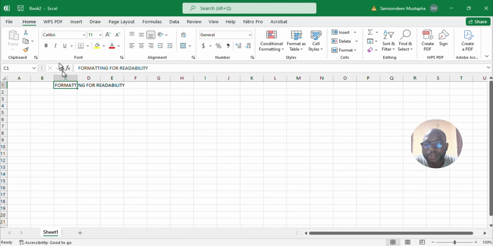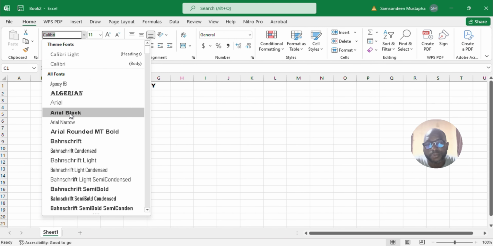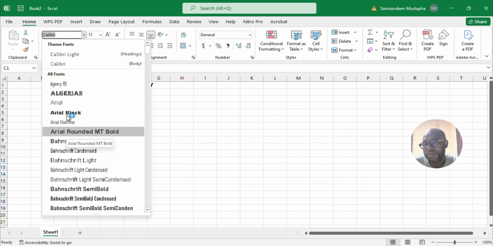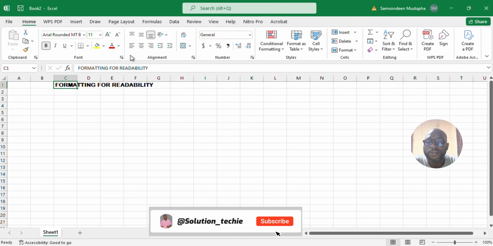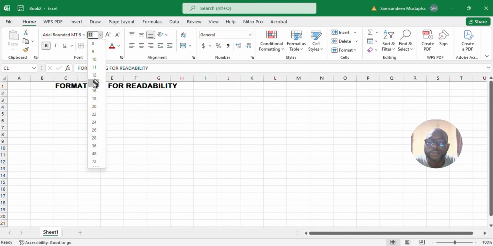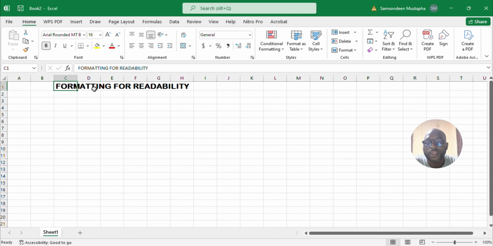To format bolding, this B, Ctrl B, will do it for you. If you want to change the font style, come here and use any of the font styles. Let me just pick this, for instance. And if you want to increase the font to size 18,